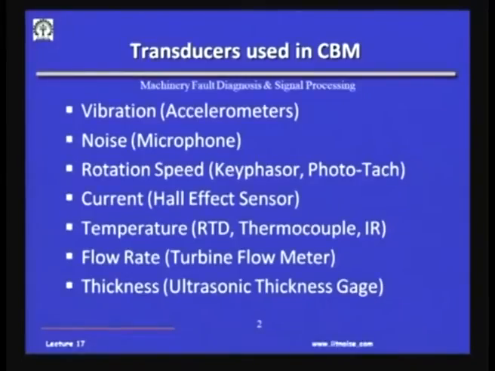We would have studied in our undergraduate instrumentation courses that we use a mechanical tachometer pressed on a shaft to measure the rotational speed. But in remotely operated machines, where there are no persons, I possibly cannot have anybody stick a mechanical tachometer onto a rotating shaft. So, we have to think of optical ways or a key trigger like the keyphasor, which are used to measure the rotational speed.